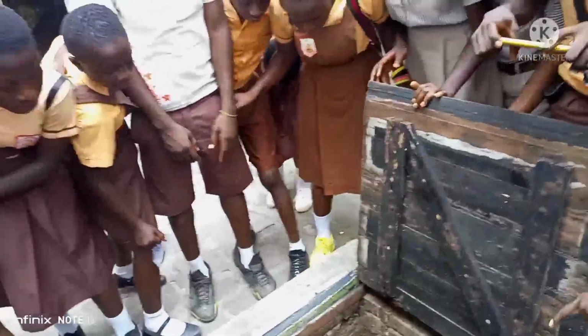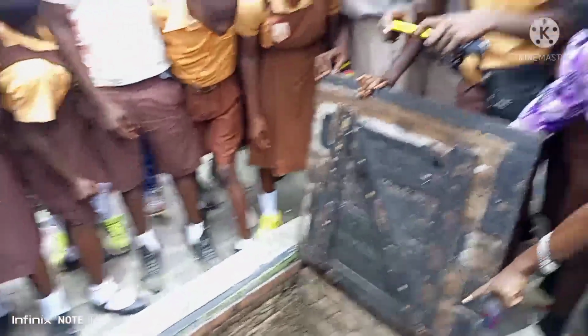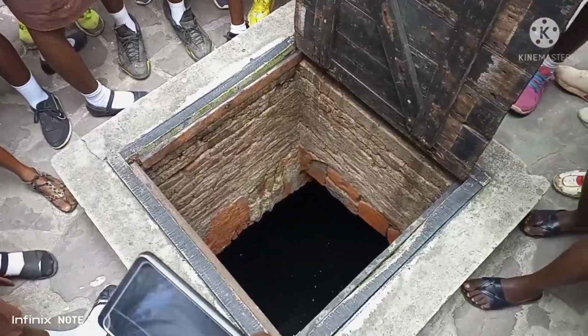This is rainwater. It was very clean, so they drank it. They used it for